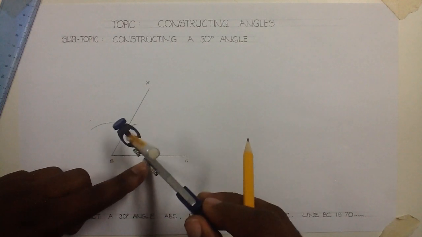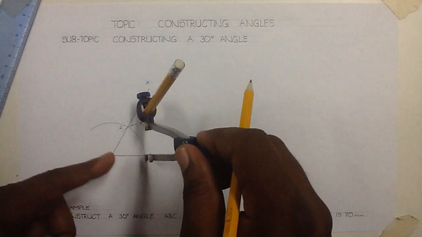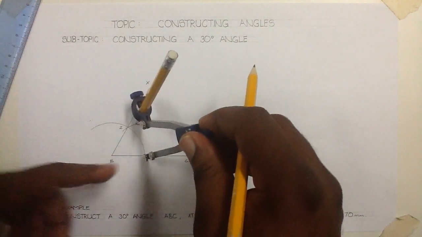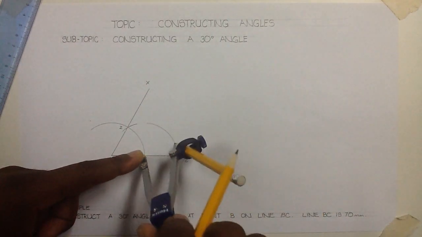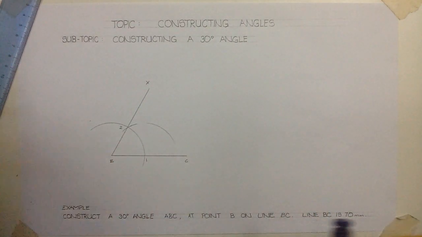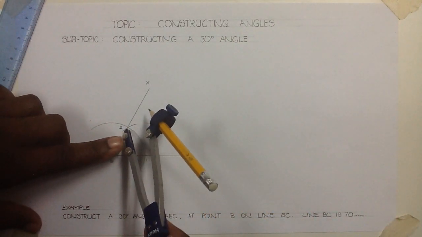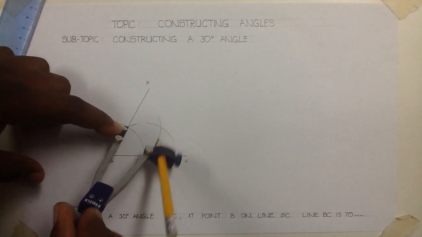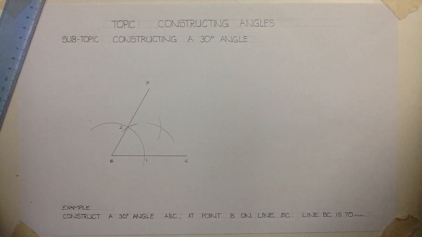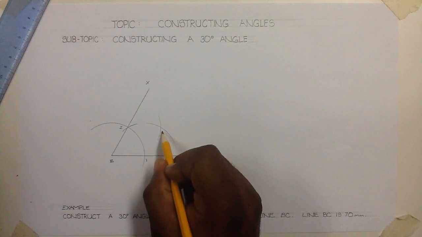We are going to use point 1 as our center. You can keep the same radius or change it. I'm going to keep the same radius and inscribe our first arc from point 1, and center 2, we inscribe our second arc. These 2 arcs intersect at point 3,